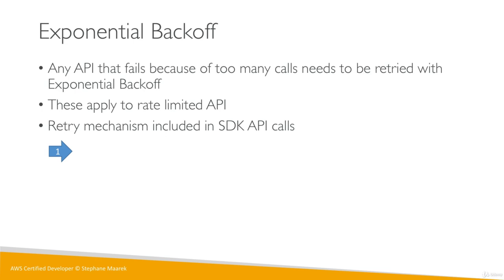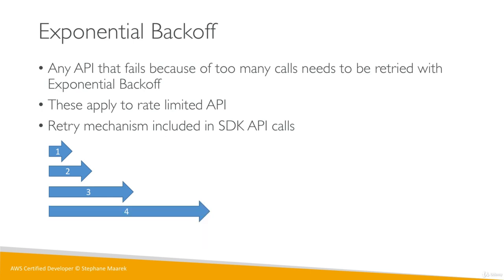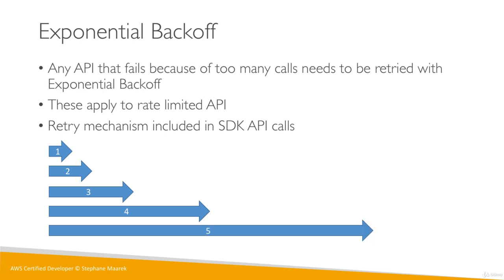Basically, your first API call, after failure, will wait maybe 10 milliseconds. And your second API call will run after 20 milliseconds. And the third API call, as you can see from the double length of the arrow, will be after 40 milliseconds. And then the next API call, if it still fails, will wait double of that time. And then obviously the next one, the final one, will still wait double of that time.